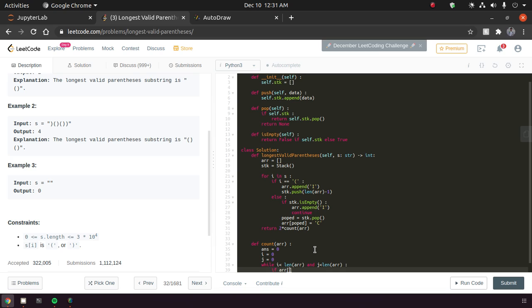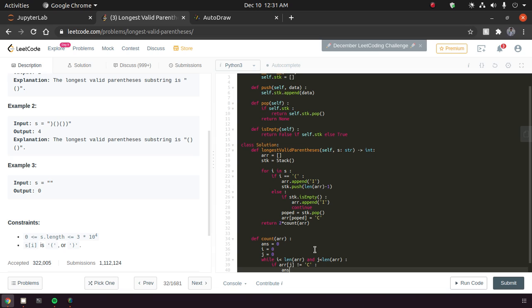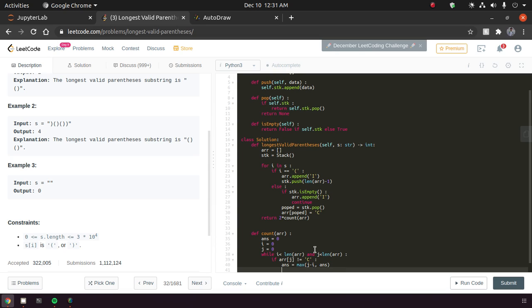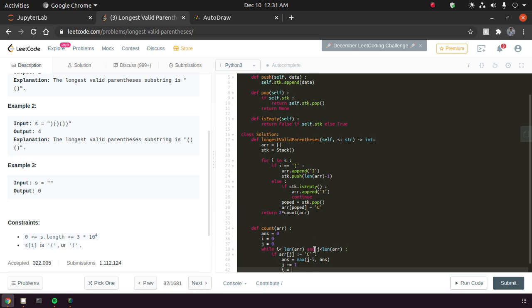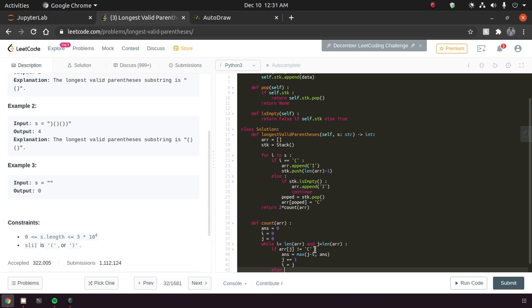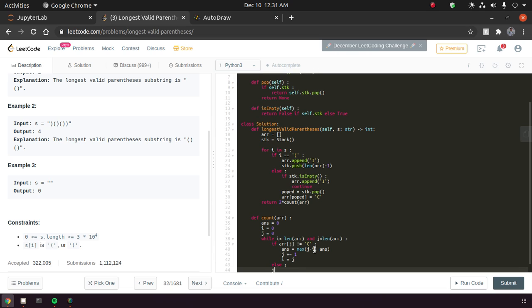If arr[j] is not equal to C, then we are going to set answer equal to max of j minus i, comma, answer. That should be self-explanatory. j plus equal 1 and i should be equal to j. Else we are going to do j plus equal 1,